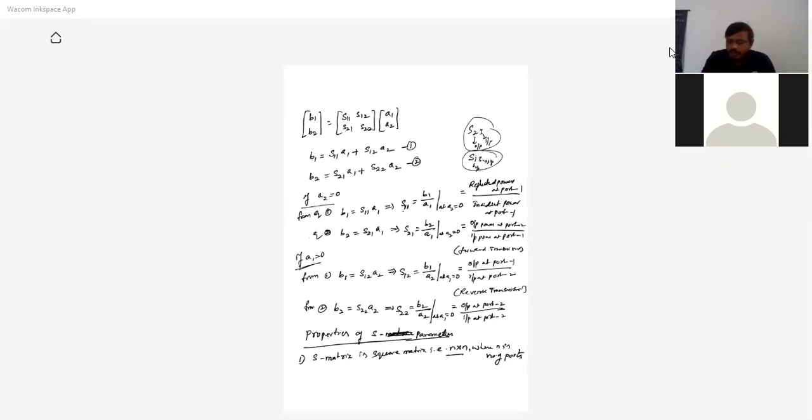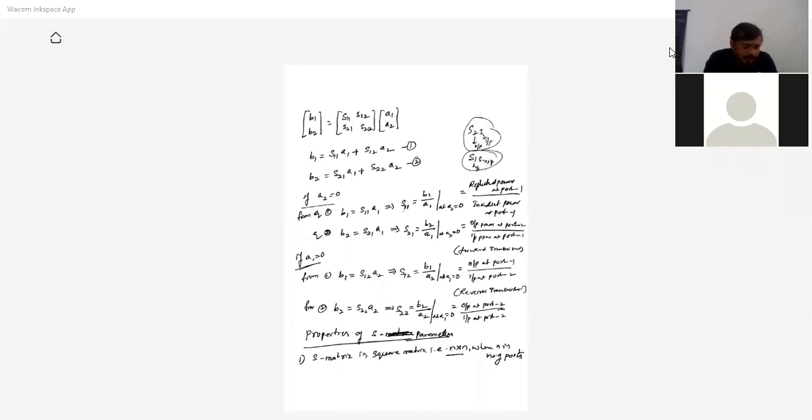Suppose we have the H-plane T or E-plane T, it's a 3-port device, so we have a 3 by 3 matrix. Suppose we have the magic T, it's a 4-port device, so we have a 4 by 4 matrix. Suppose we have the isolator and gyrator, it is a 2-port device, so the S matrix is a 2 by 2 matrix, like that.